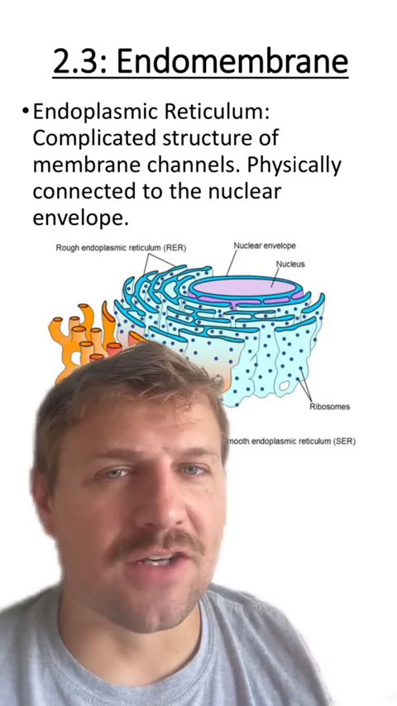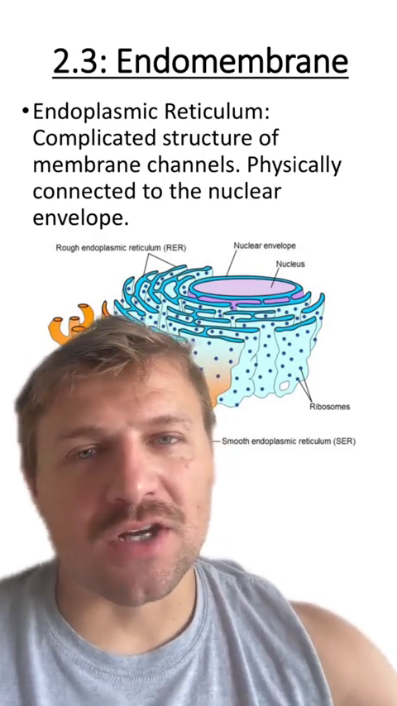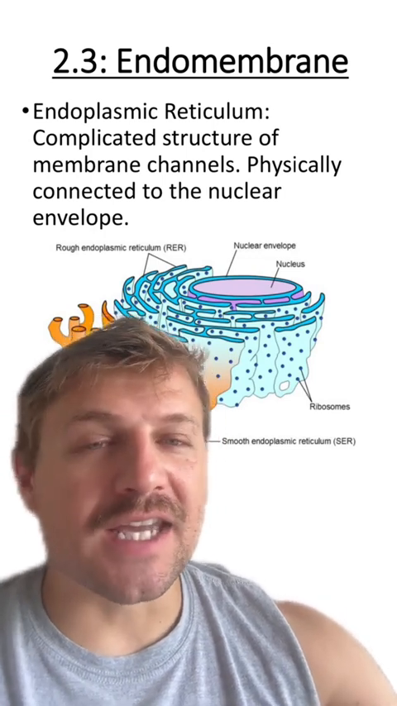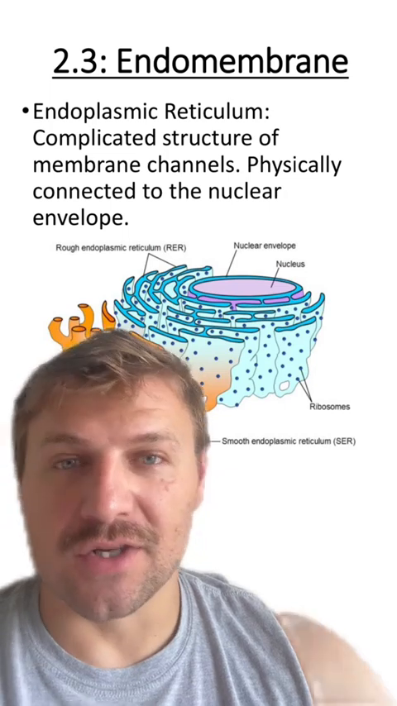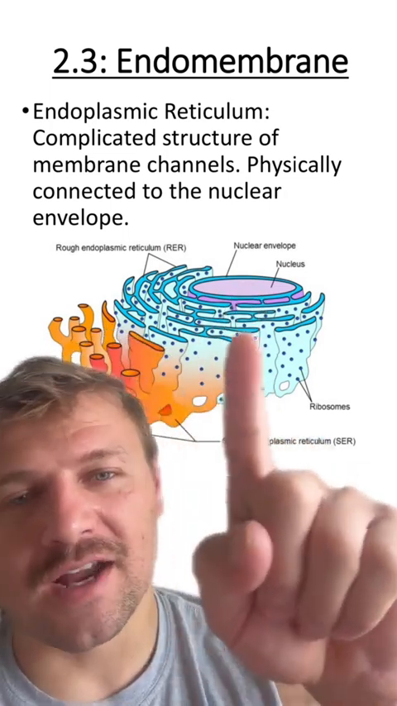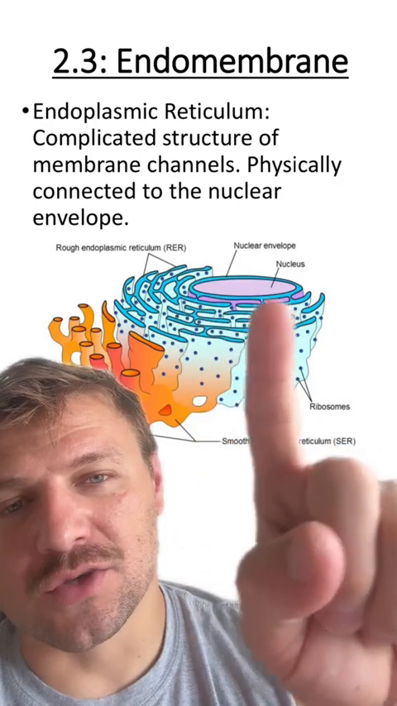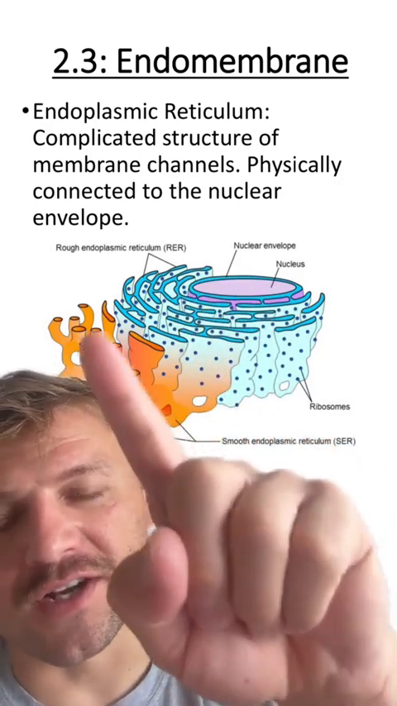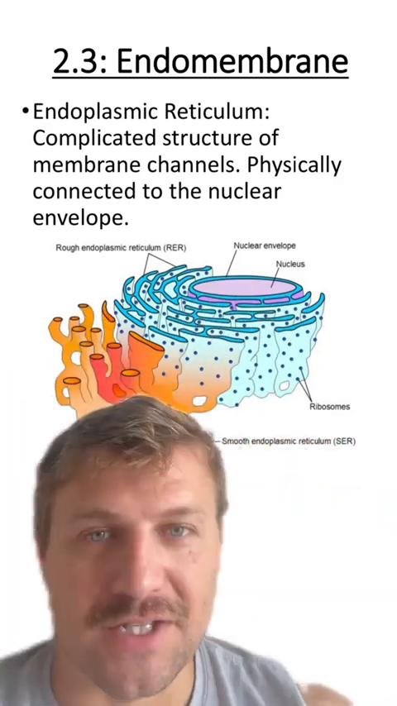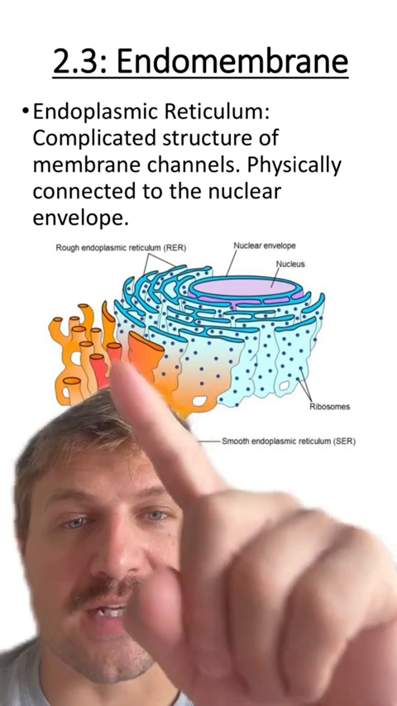First, let's go over the endoplasmic reticulum, otherwise known as the ER. This is a complicated structure of membrane channels. They're going to be connected physically near the nucleus. You can see our nucleus here, and we have two different types. We have smooth ER and we have rough ER. Typically, the rough ER is going to be located closer to the nucleus, while the smooth ER is going to be located a little bit further away. But it's going to be really important to remember that the smooth and rough ER are both connected through their